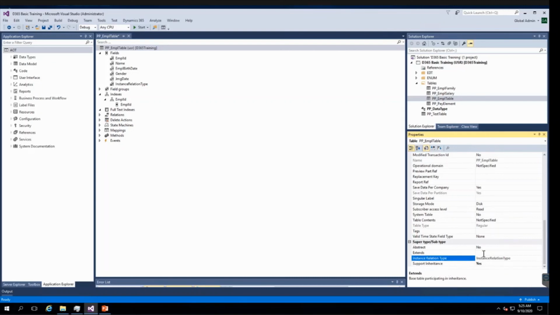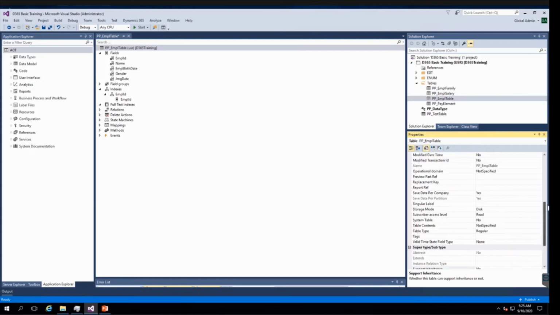Right now there is no derived table or base table, so I am setting it as no. I have just given you a basic brief idea of these properties. Later, once we do forms, classes and many customizations, we will see the practical implications of these properties. So just revise these properties and set the same properties for the other tables also. Now I'll see you in the next lesson.